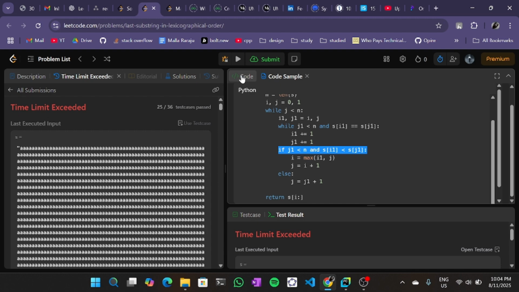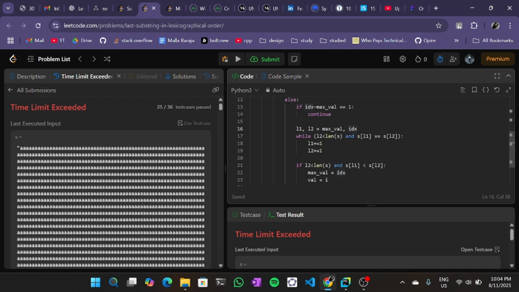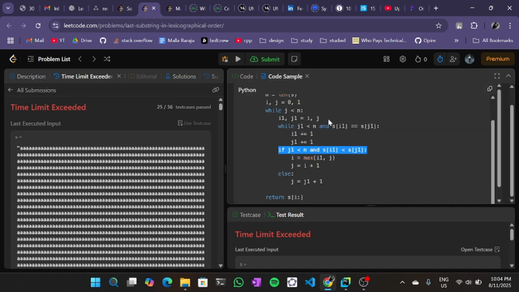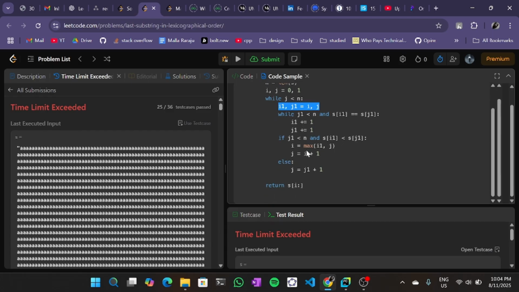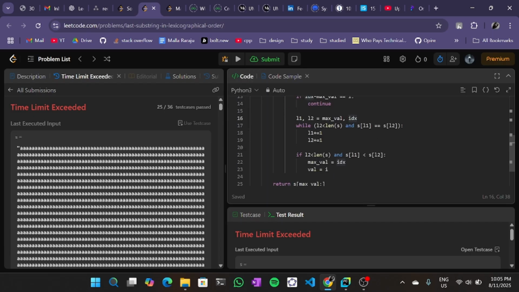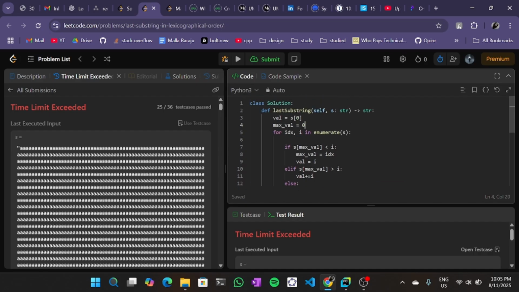If s of L1 is less than s of L2. So instead of going through a while loop, for loop,